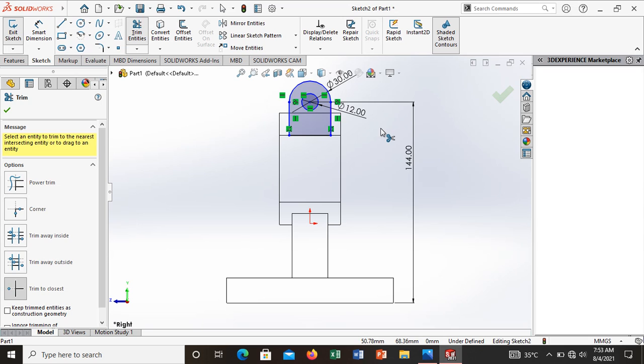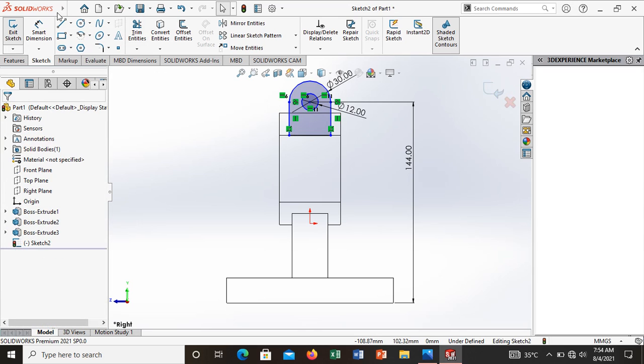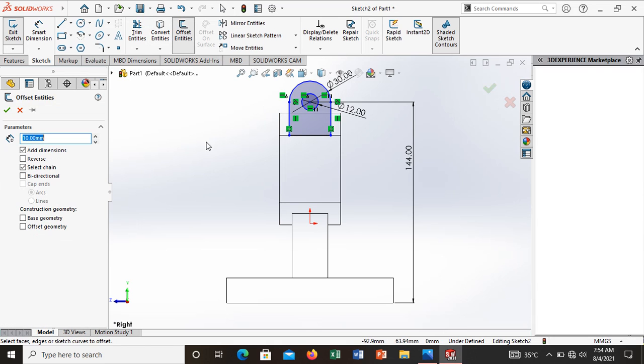Okay, one more time I offset it, giving some tolerance. Offset 5 mm or 2 mm, maybe give 3 mm, because in the curved portion it will take some projection.